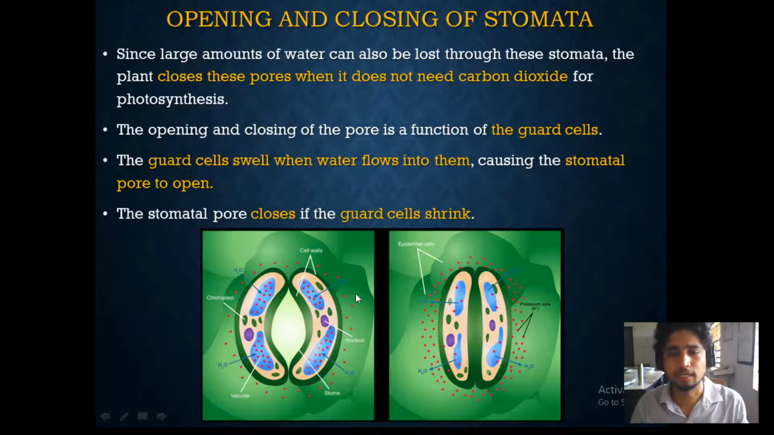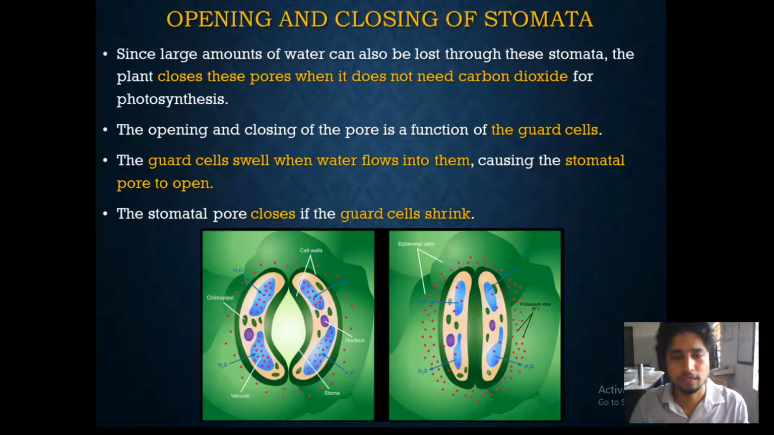Guard cells are bean-shaped cells present in the stomata, and there are two of them. They create the pore, and they open and close it. When do the guard cells open? The opening and closing of the guard cells we are going to understand now. So if you see here,